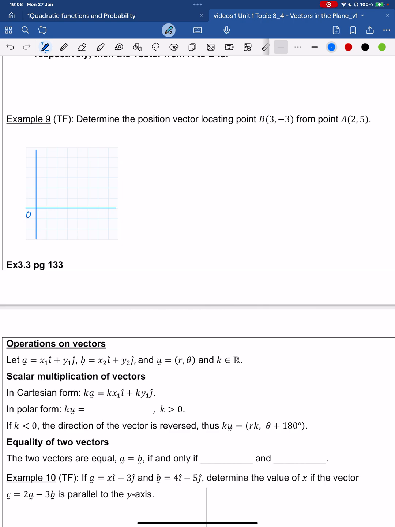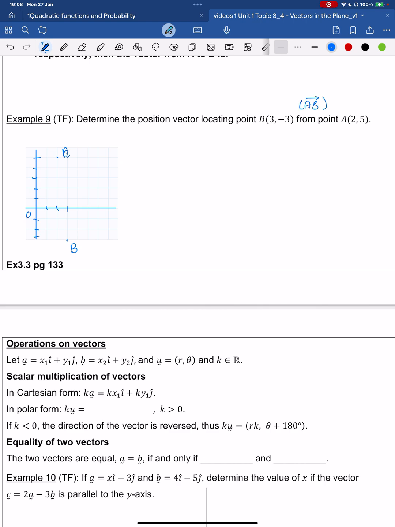All right, so we've got point B at 3, -3. So 1, 2, 3, 1, 2, 3. Over here will be point B. And point A is 2, 3, 4, 5. And 2, 5. Here is point A. Okay, and point B from point A means we're actually looking for